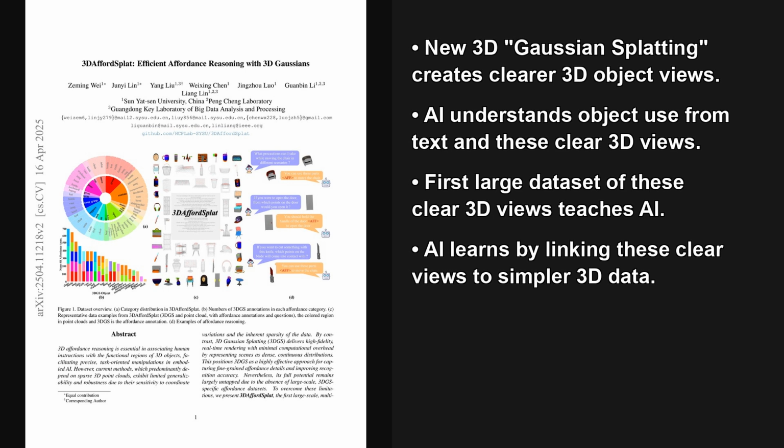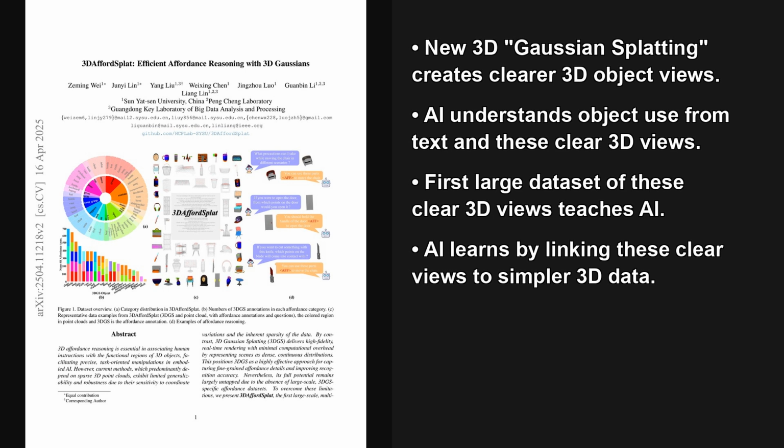Current methods often rely on 3D point clouds, which are basically sparse collections of 3D dots, and these can miss fine details. This paper proposes using 3D Gaussian Splatting, or 3DGS, a technique that represents scenes using many 3D Gaussians, which are like small, fuzzy 3D shapes, to create richer and more continuous views. The core contribution here is a new large dataset called 3DAffordSplat and a model, AffordSplatNet, designed for this improved 3D